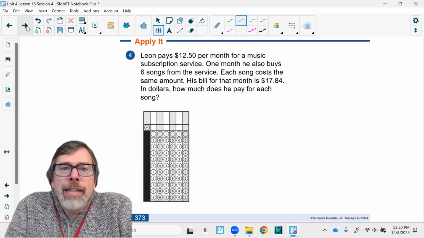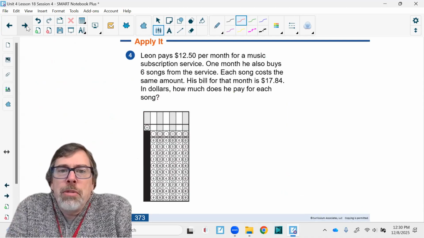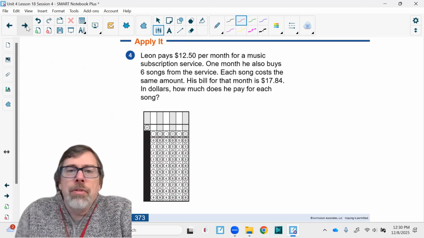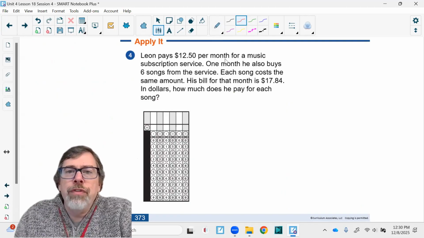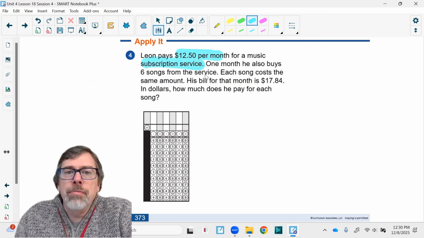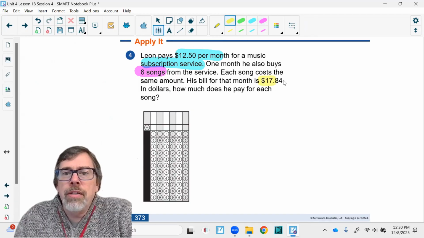All right, apply it. Leon paid $12.50 per month for a music subscription service. One month, so let me highlight. He paid $12.50 per month for his music subscription. Okay, that does not change. It's $12.50. That's our constant. One month, he also buys 6 songs from the service. Each song's the same price, and the total cost he spent was